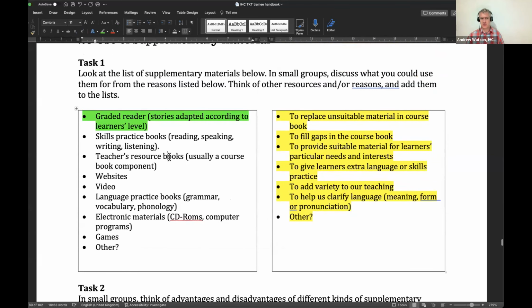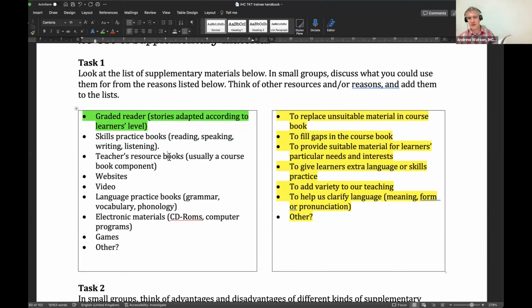What are teachers' resource books? Now, teachers' resource books are usually the books that come with the student's book, but they're for the teacher. Got any examples here? Oh yes, here's a set, right? So Business Result, upper intermediate. Now this is a student's book, right? That's what the students have, but the resource book is like this, the teacher's guide, and at the back it